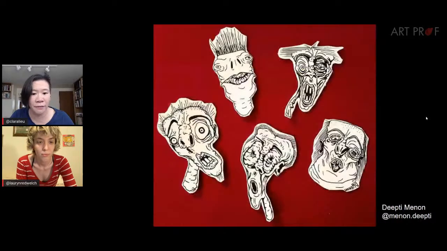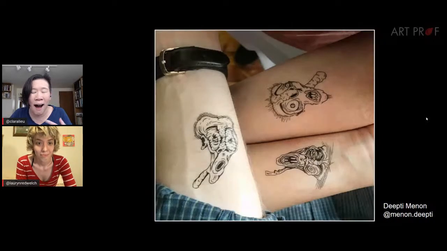You could take any one of Deepti's tattoos and it's going to resonate differently if it's on a foot versus if it's on a thigh. And so I think an effective tattoo design really considers the body part and how that interaction happens. So I wouldn't just do a bunch of drawings and say, oh, these are tattoos. Like I would go into the design thinking, okay, this is going to go on the knee. How do I plan for that? What do you think about the planning part, Lauryn?